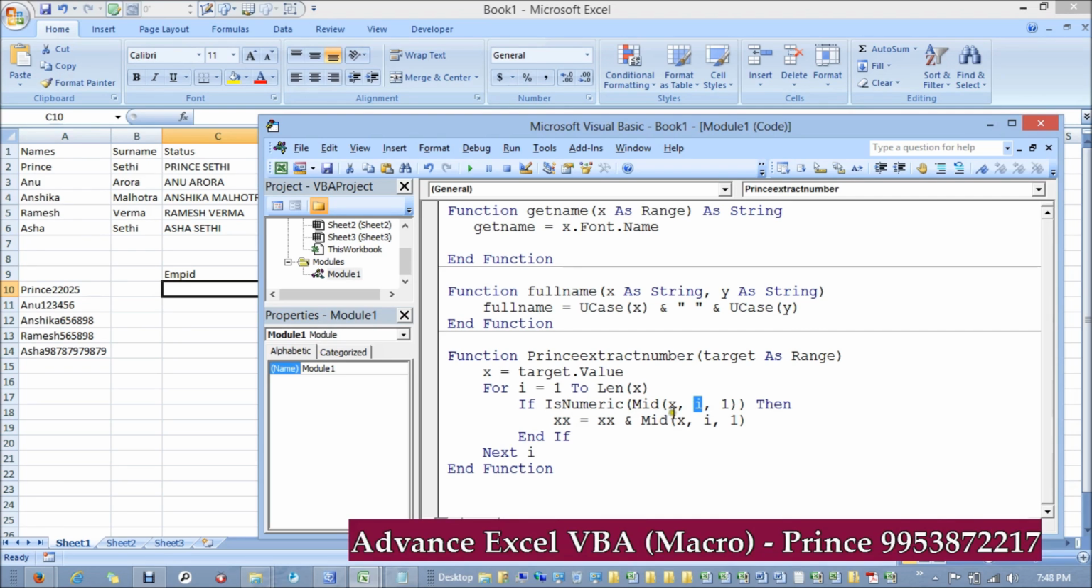22025, the 7th position, I would be 7 at that time, and I'm just taking a single character. If the 7th character is numeric, then it will be put into double X. So in double X, as of now, it will be only 2. Again it will rotate, I mean the loop goes on. So next time again 2 will come over there, XX becomes 22, and after that again 0,